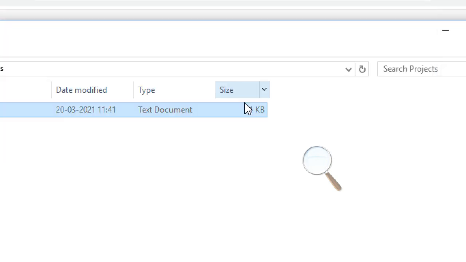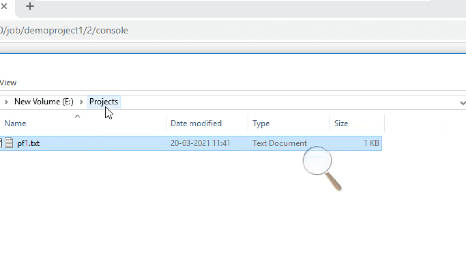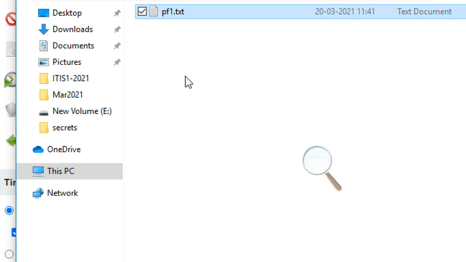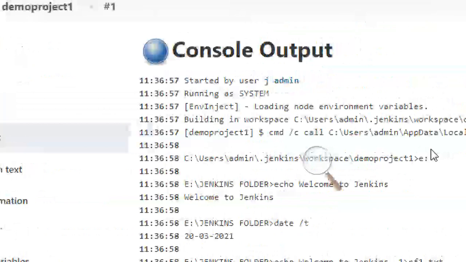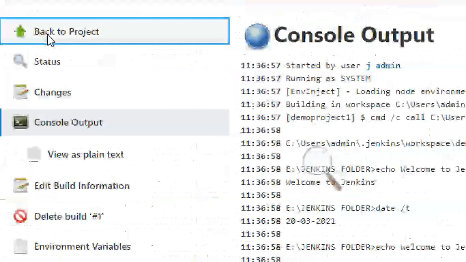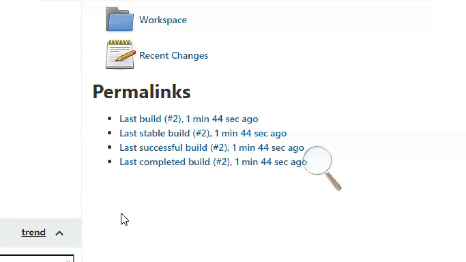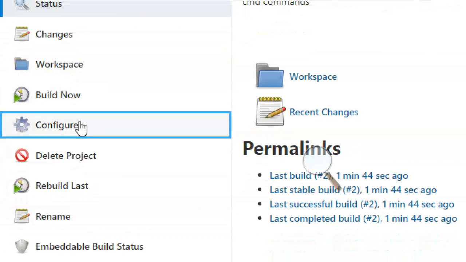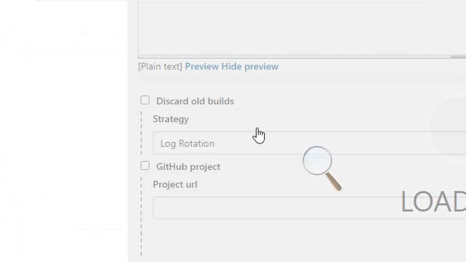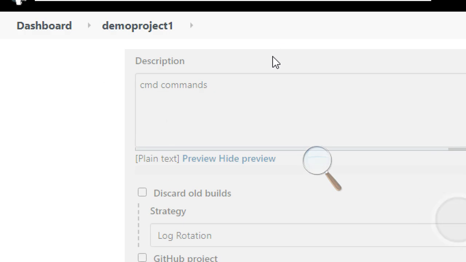Okay, so where I want to create, I want to create this thing in projects only. Now I want to create a directory, and I want to copy this file into that one. So either I will build this one or I will build another project. I can do it in a different project, or otherwise I will change this project only. So the requirement is changed. What is the changed requirement? Create a directory and build it. I have not deployed this project, so I can still do it.